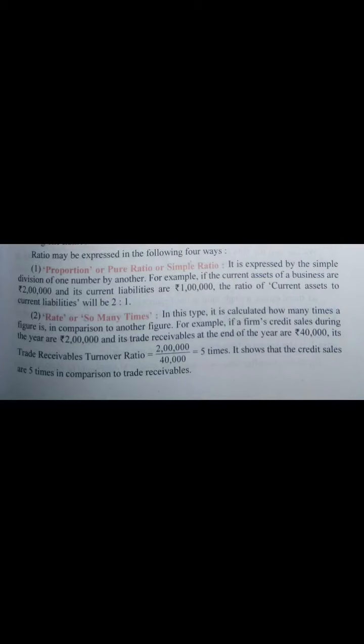Now, ratio may be expressed in the following four ways. The first one is in proportion, or we may say pure ratio or simple ratio. It is expressed by simple division of one number by another. Here we have to consider 1 as a denominator, and whatever ratio that comes, that means whatever relationship between the numerator and denominator, would be known as pure ratio or simple ratio. Next one is